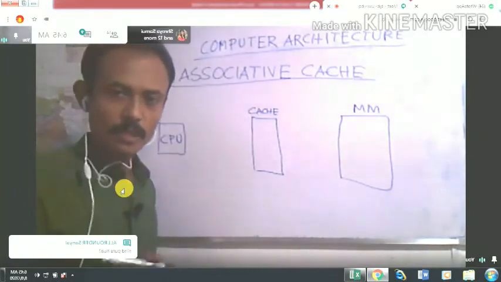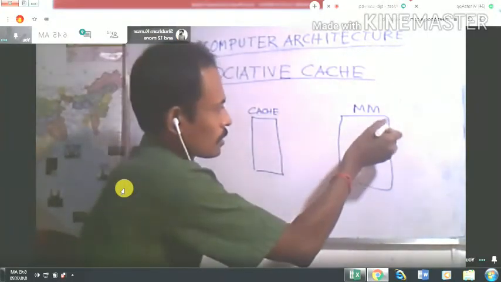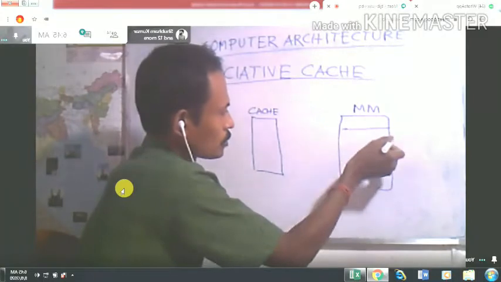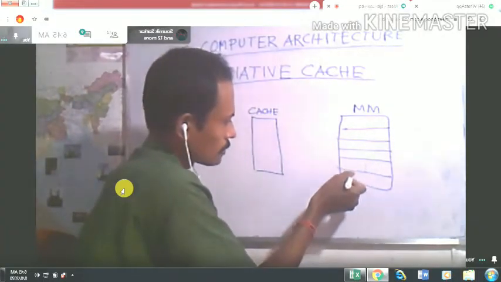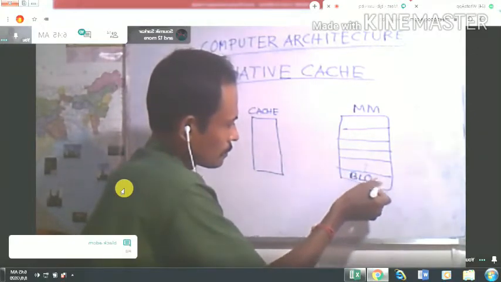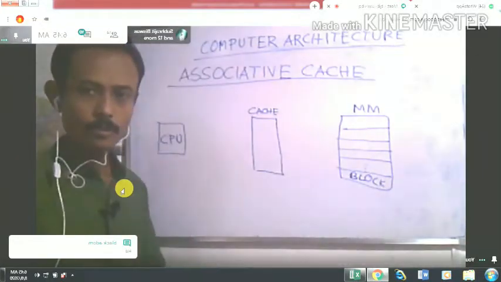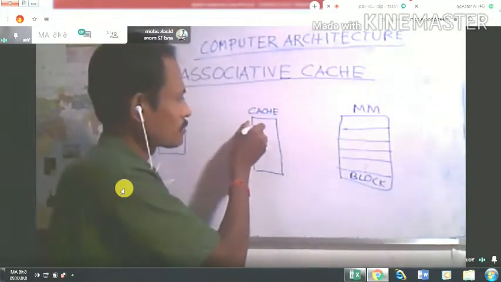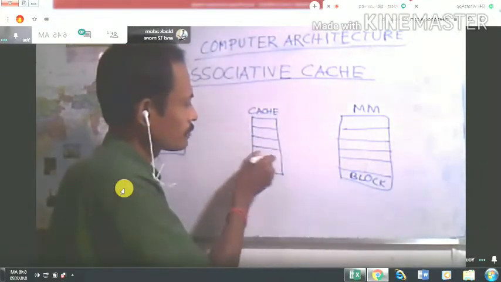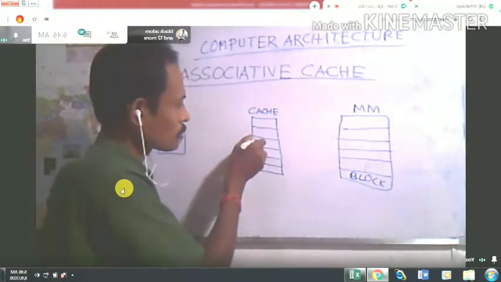So in this cache memory organization, the main memory will be divided into multiple blocks. So all these are called blocks. The main memory will be divided into different blocks, as well as the cache memory will also be divided into different blocks. These are also called blocks.